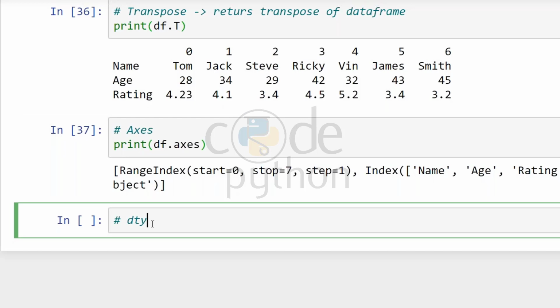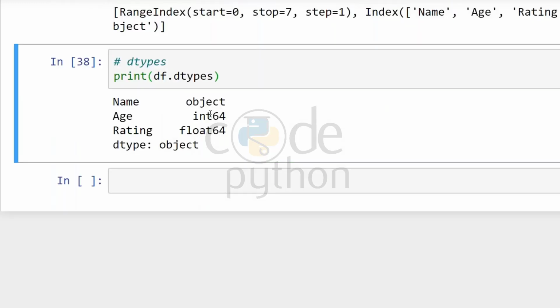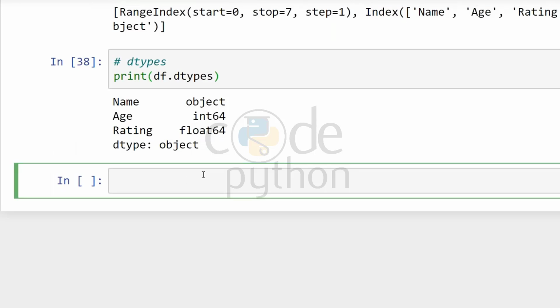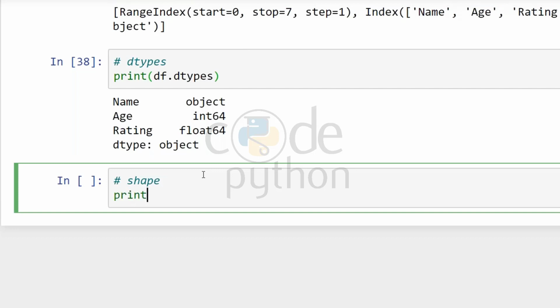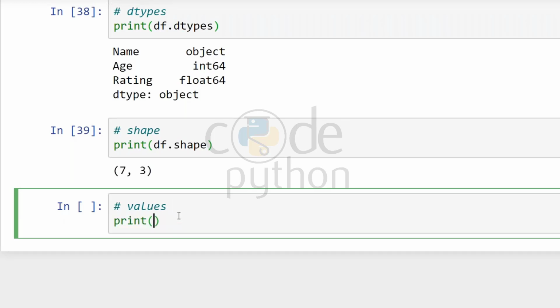If you want to check the dtypes, the data types, you'll write print df.dtypes. Name is object, age is integer, and rating is float. And if you want to check the shape, you can always write print df.shape. If you want to see the values, right, print df.values.